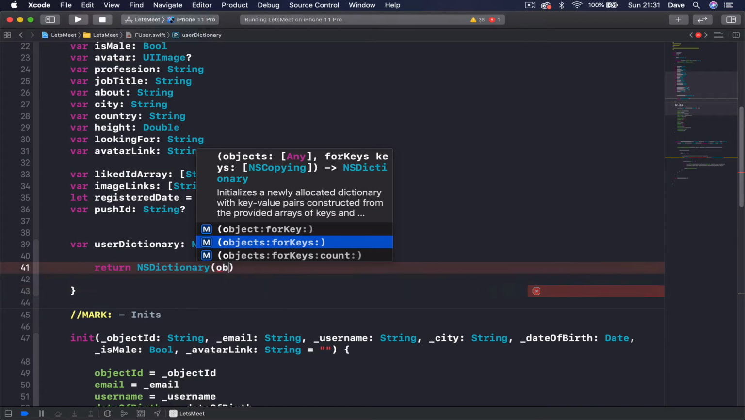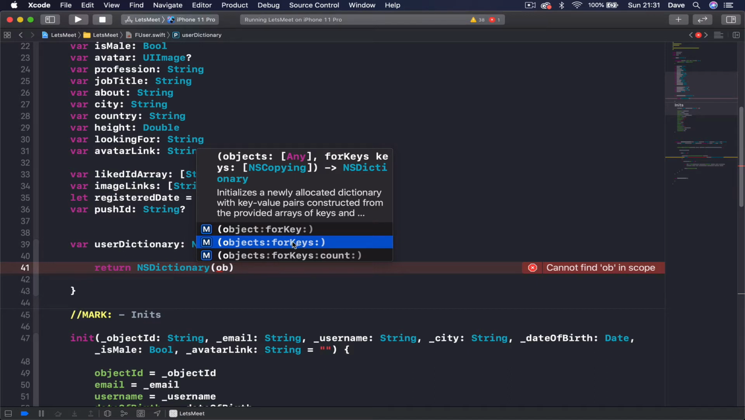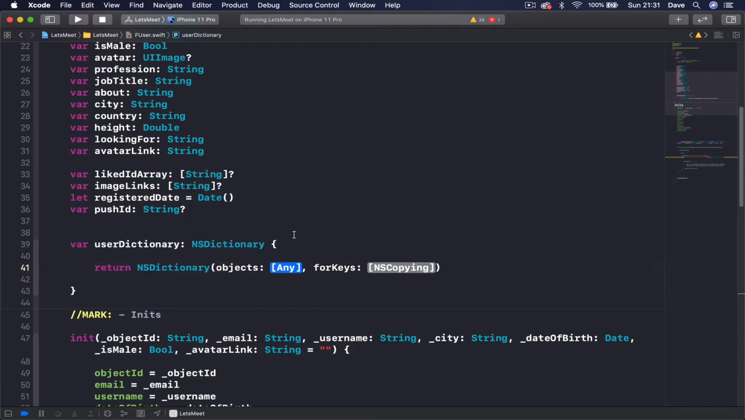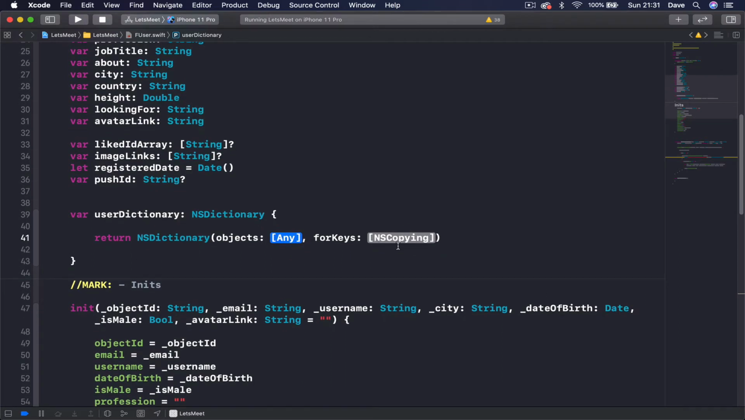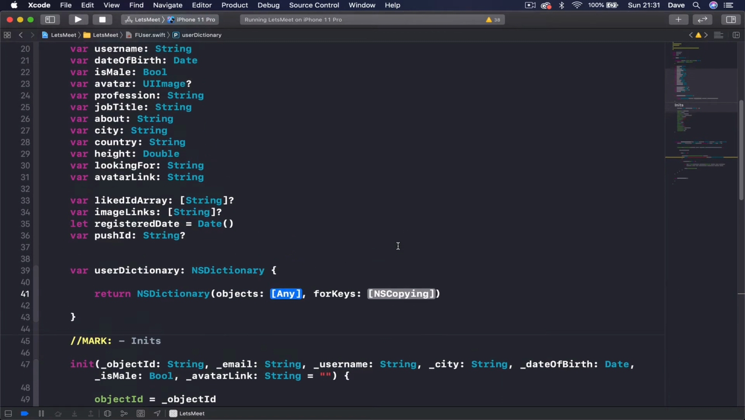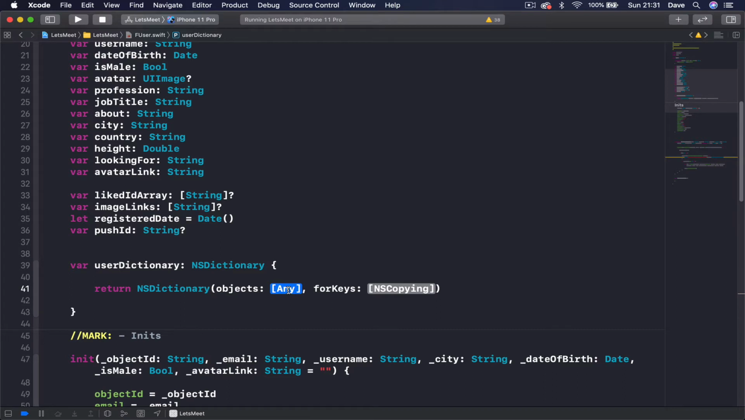and keys. Pay attention, it has two things. The first one is object for key, and the second one is objects for keys, which is what we need. This is plural. So we are going to have an array of all the objects we want to have and an array of all the keys. So the dictionary is key value pairs. Our objects are going to be all these variables, and keys we are going to write so we can set them and get them. Right, I just hit enter,